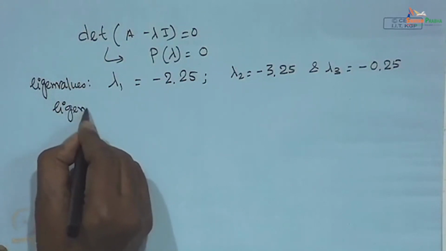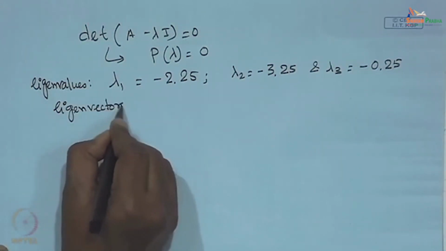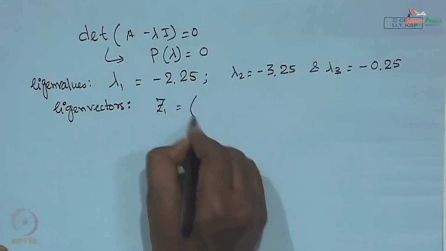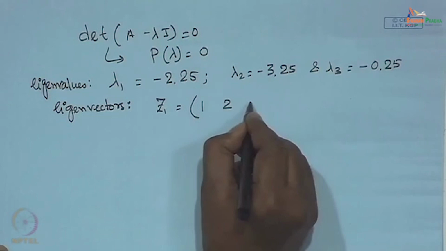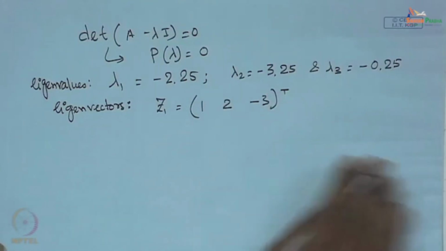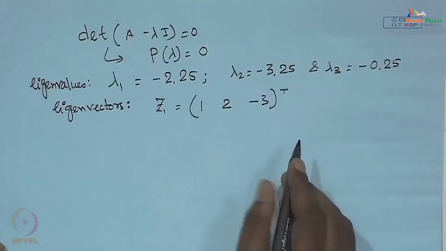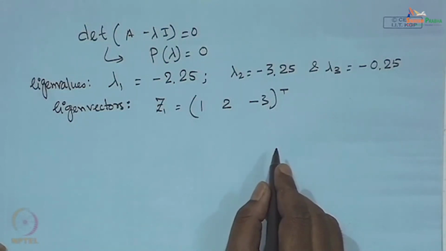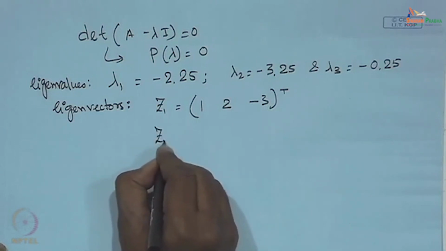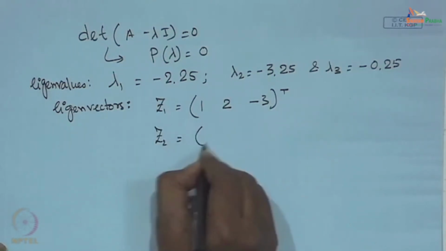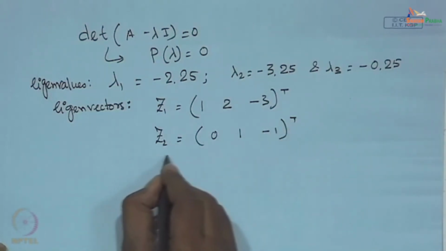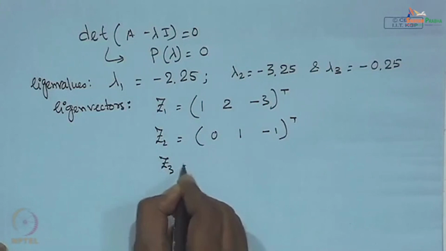Corresponding eigenvectors will be z1, which is [1, 2, -3] transpose. I am not deriving it again; we have already seen in the earlier examples how to evaluate the eigenvalues and corresponding eigenvectors of a square matrix. z2 is [0, 1, -1] transpose, and z3 is